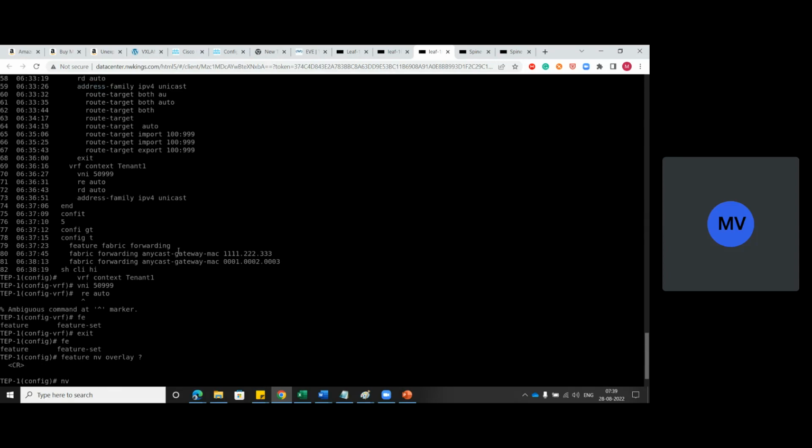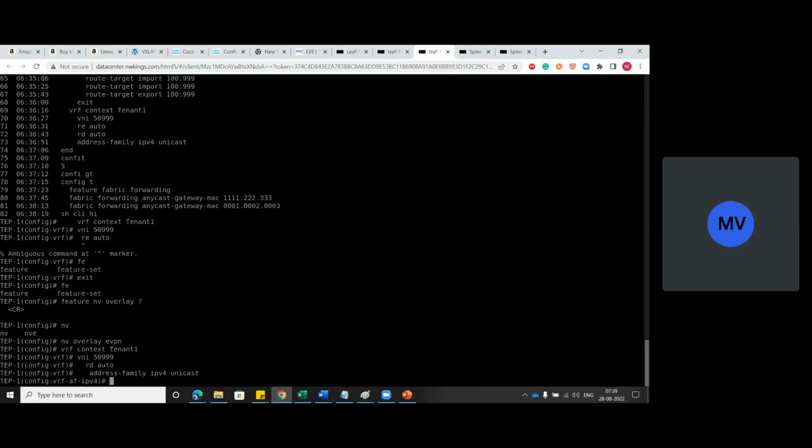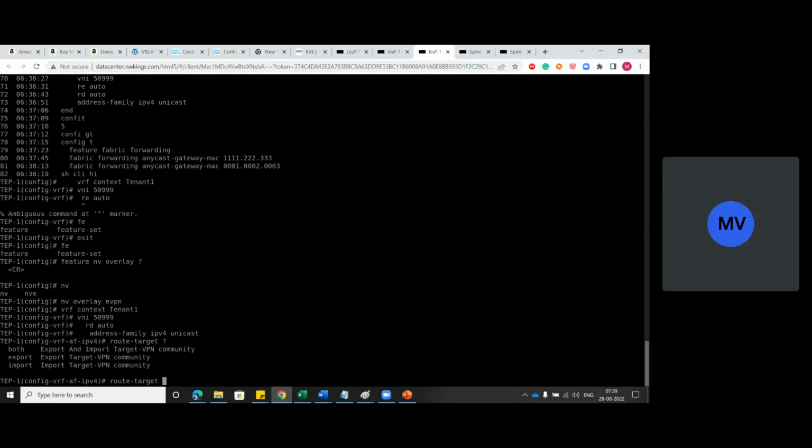RTD is going to give route target. Address family. Then if I give route target both, sorry, route target, if I say both